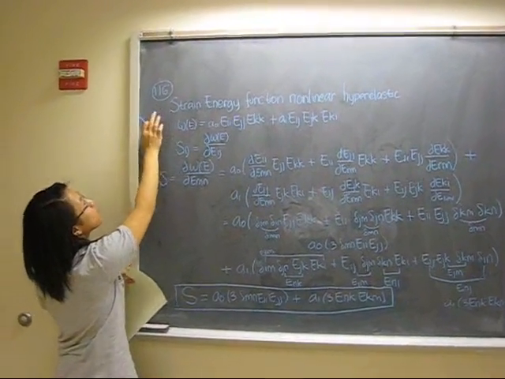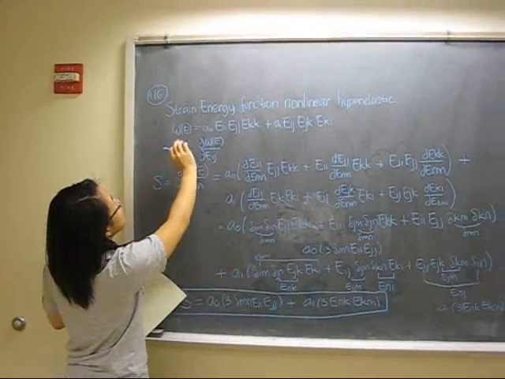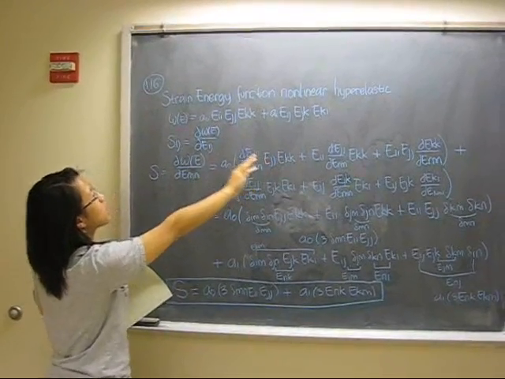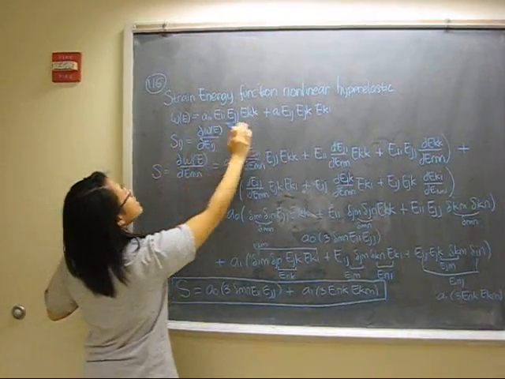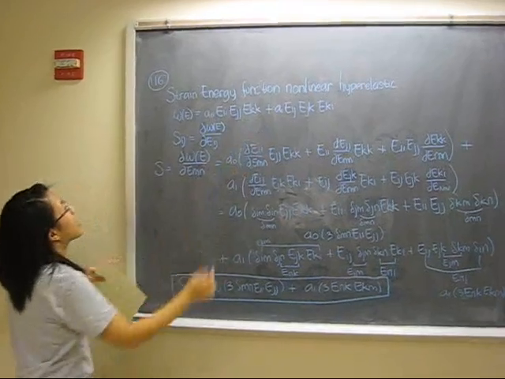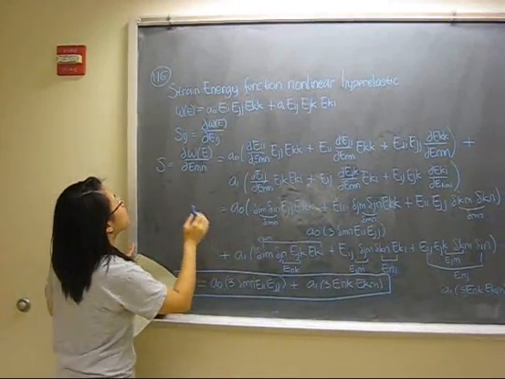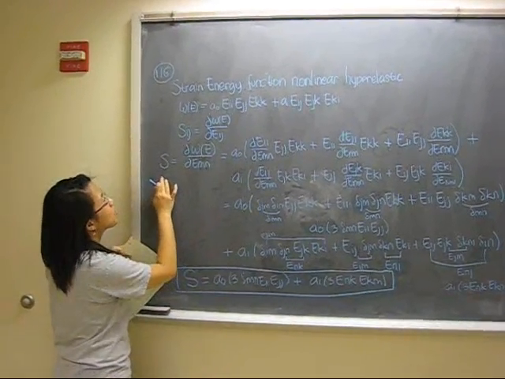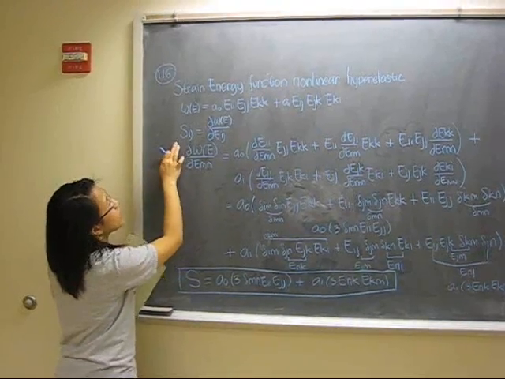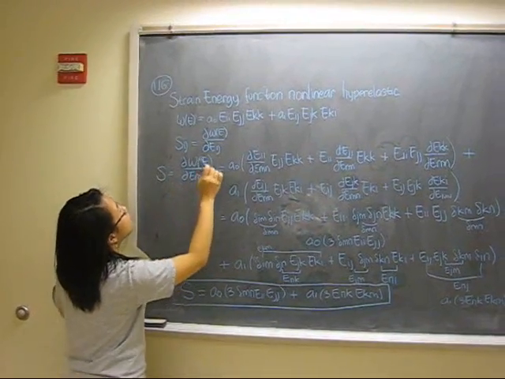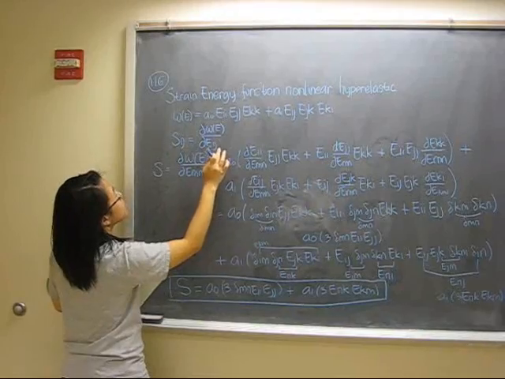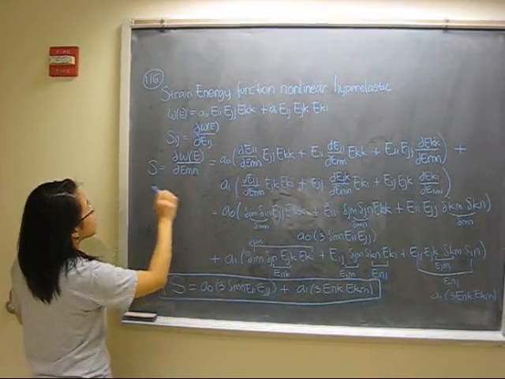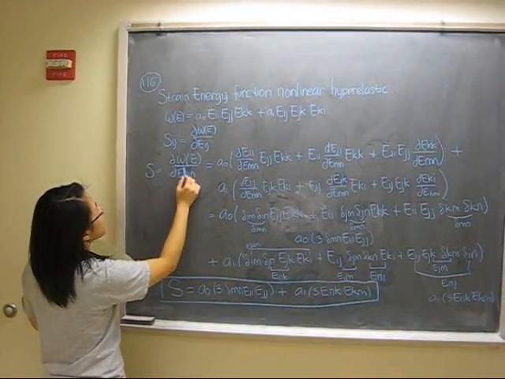So for problem 116, we are given the strain energy function of a nonlinear hyperelastic material, which is this. In the first part, we want to find the stress tensor, which by definition is the derivative of the strain energy with respect to E. And now we use S equal to